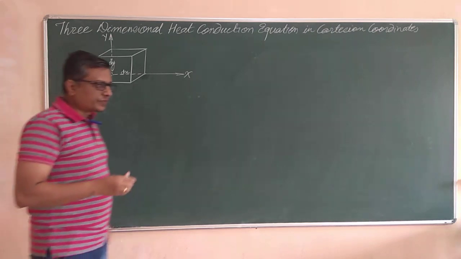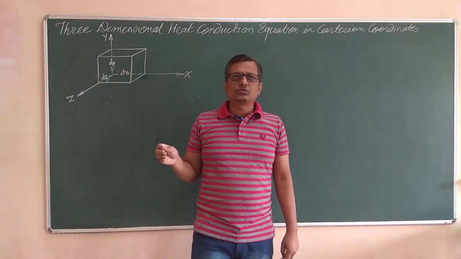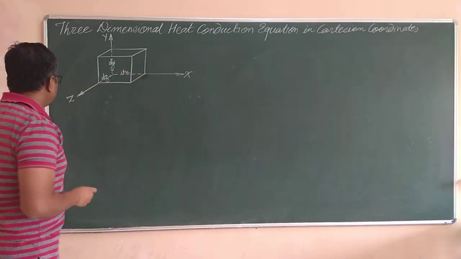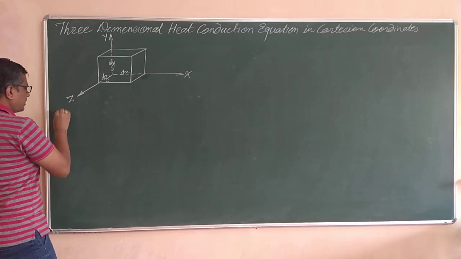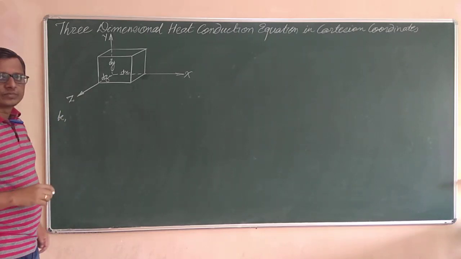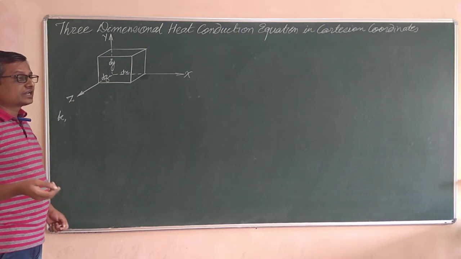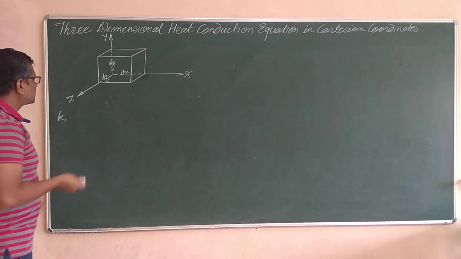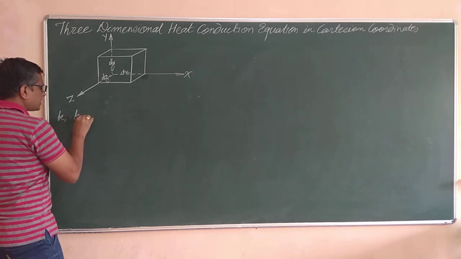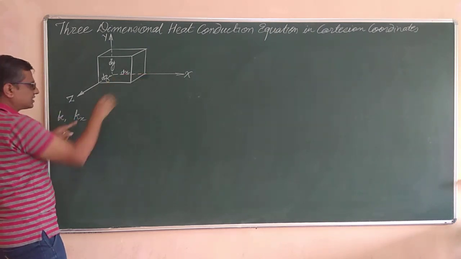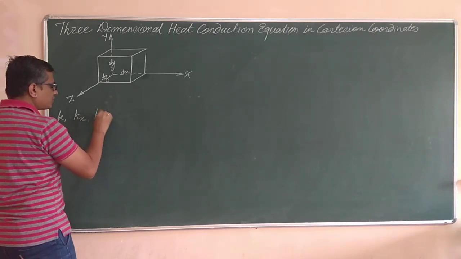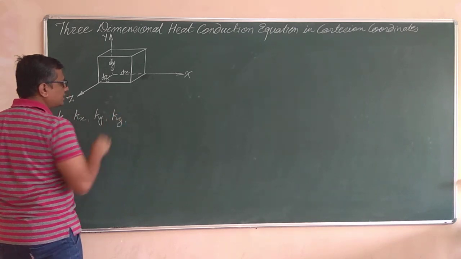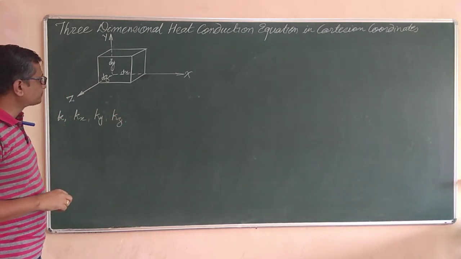Next, consider that at the beginning, this material is not isotropic, so it will have different properties in different directions. For example, the term thermal conductivity K represents the thermal conductivity of the material, but as I mentioned, the material is not isotropic, so K will have different values in different directions. For example, Kx is the thermal conductivity of that matter in the x direction, Ky is the thermal conductivity in the y direction, and Kz is the thermal conductivity in the z direction. So these are the considerations.